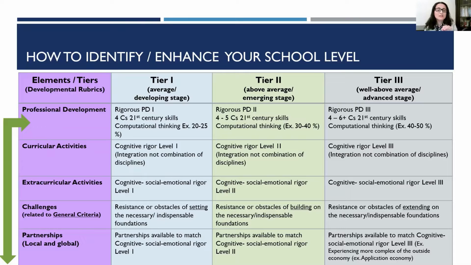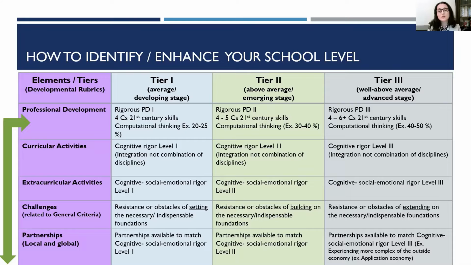And I'll have to explain this again in a different way. If we choose to do the 4 C's, or if we choose to do this basic level of PD as we first start to implement STEM, this is not a point of weakness in our school. Again, and this is one of the aspects of my O.R.B.I.T.S approach, we have to tailor to the needs and to the aspirations. So the first thing is to tailor to the needs, and the second is to tailor to the aspirations. And the third aspect of our professional development domain is computational thinking. And again, we are tailoring to what our staff can assimilate.